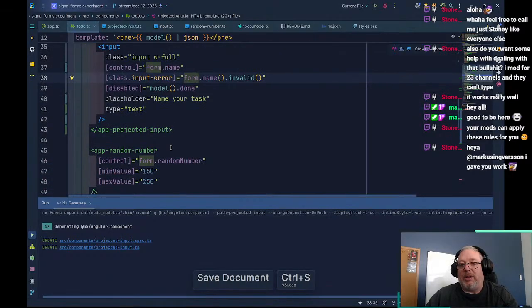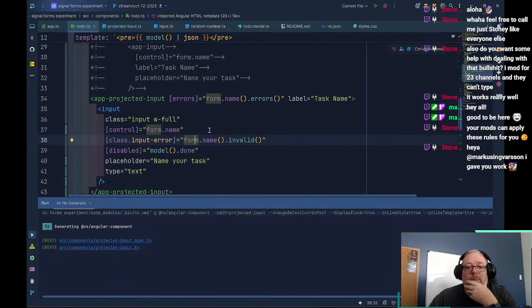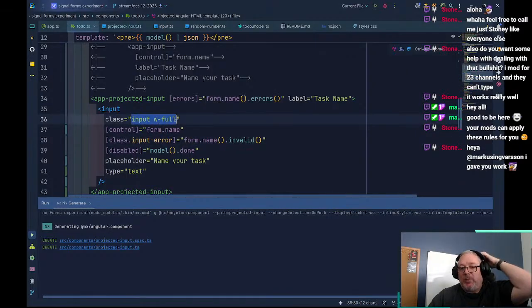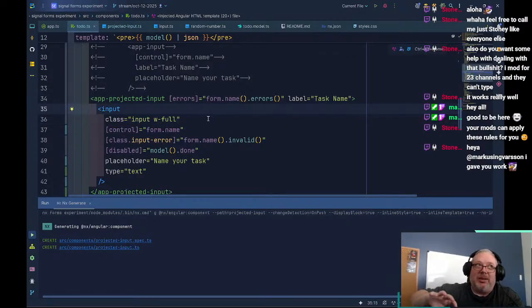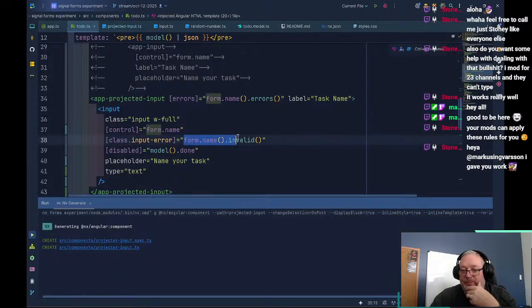And so this is kind of the trade-off, because now for every input, we get more control over the input itself, but now we have to remember to add the input to it. We also have to probably control width and stuff like that. So we have to remember the styling on the input. We could do the styling with either composite classes, so we could create our own classes that do this for us, or we could add a directive that does this for us. Again, to add the input error, we have to grab this. And so,